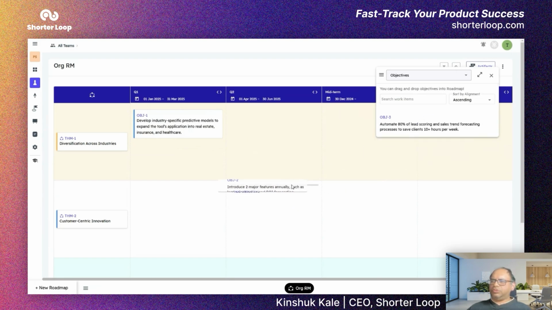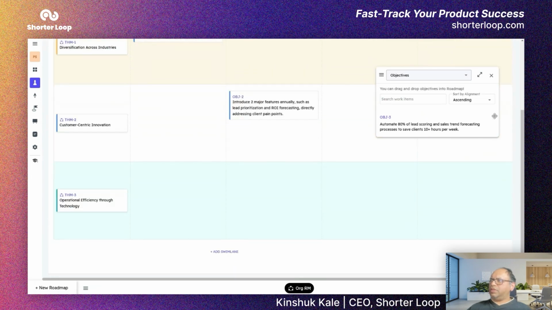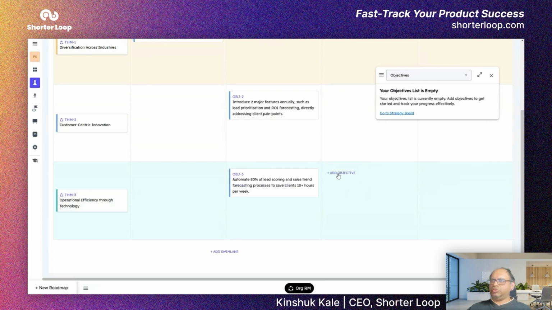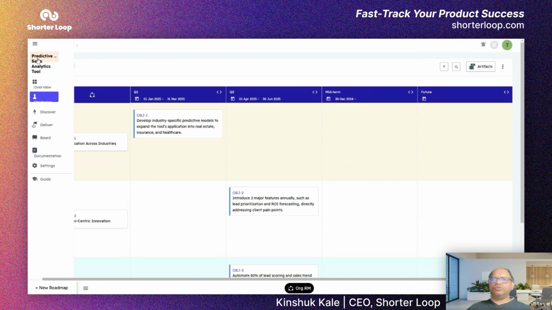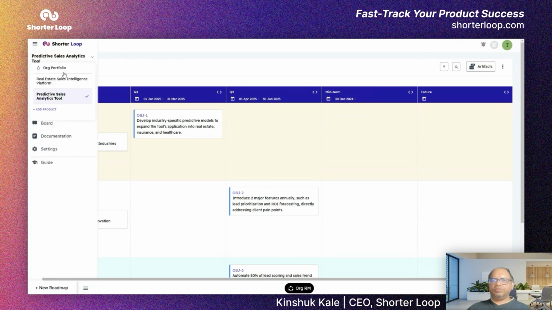And then for theme two also they have an objective, and for theme three also they have an objective. And let's say that they are going to work on both these objectives in Q2 and they don't have anything planned in Q3. So now if we go to the organizational roadmap,